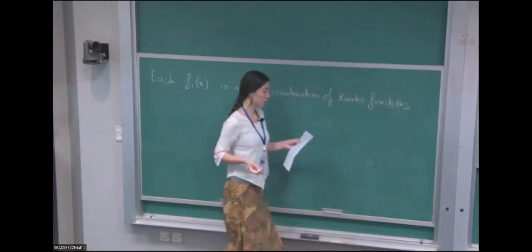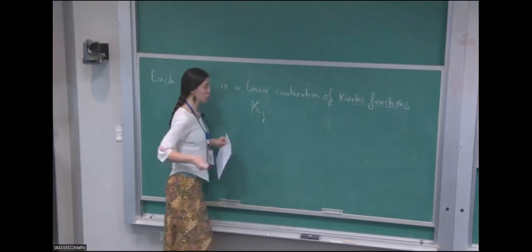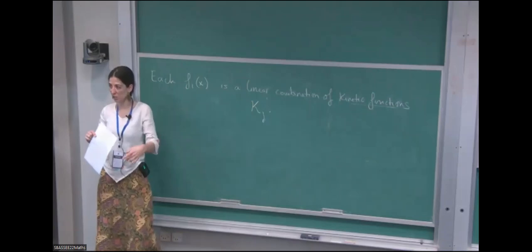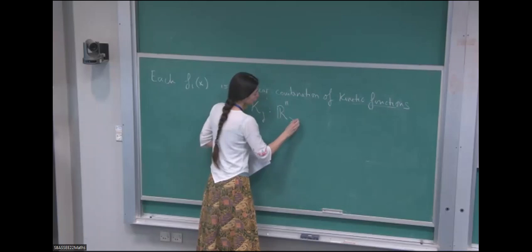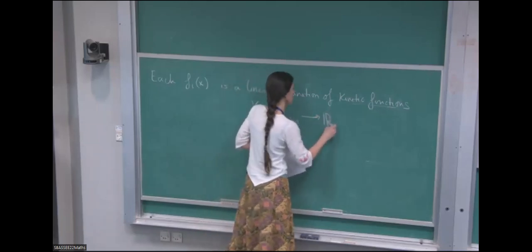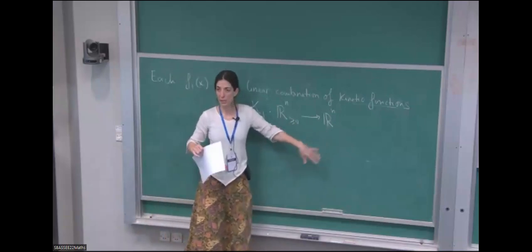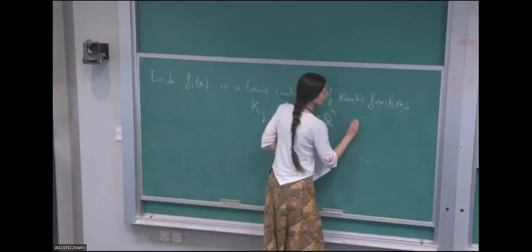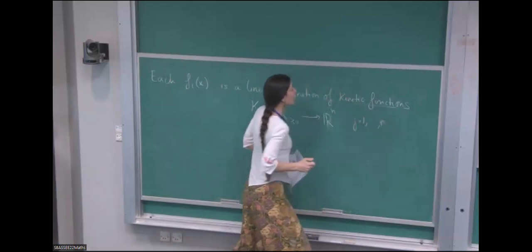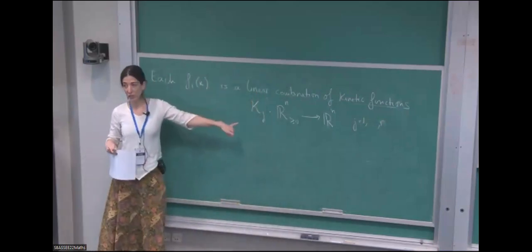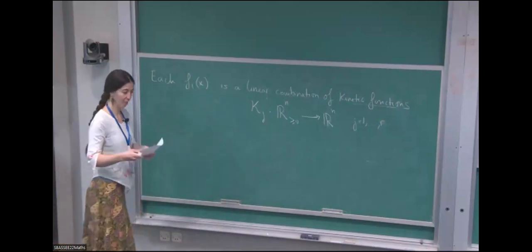The kinetic functions give me a function for the kinetics of each reaction. So for each reaction, I have a function from the positive reals or the non-negative reals to reals. And then those functions are just linear combinations of those kinetic functions. And the coefficients come